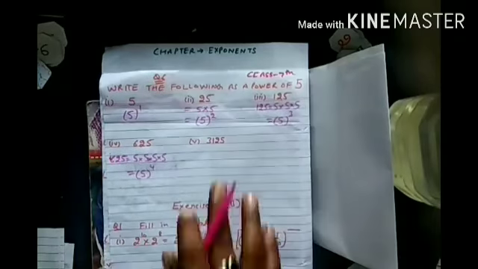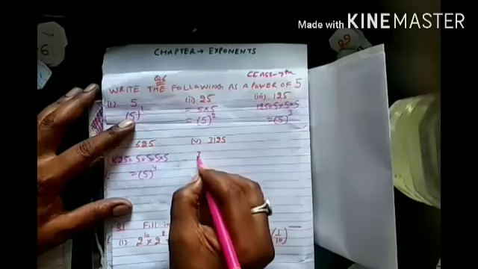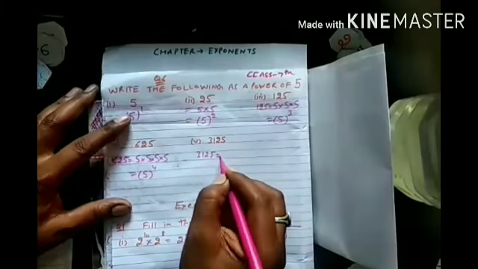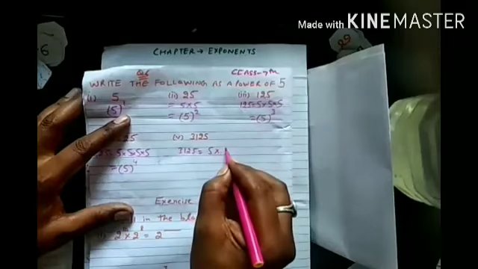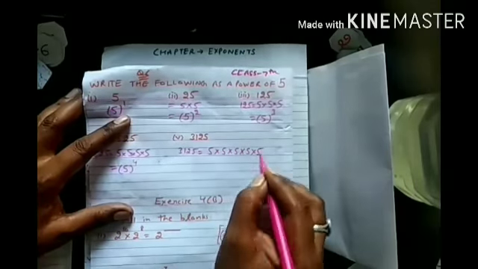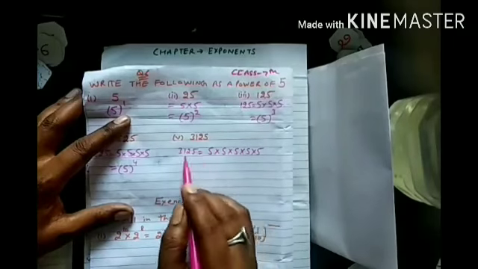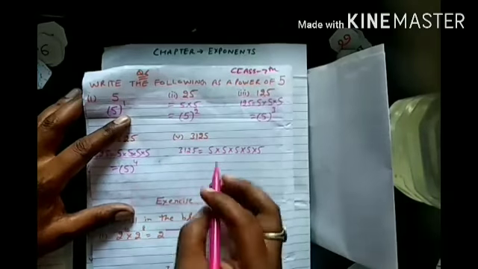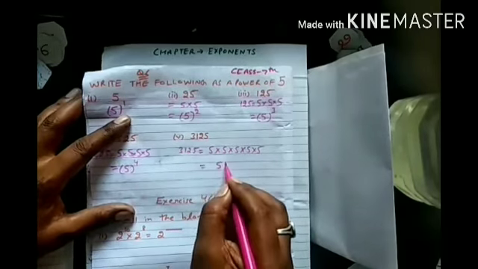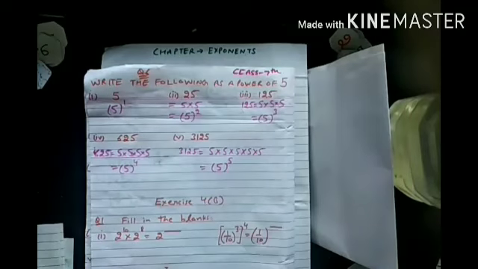Similarly, if you divide this number, how many times will the 5 be there? So I know it, and you have to divide this by 5, and you will get to know that 5 is coming there as a factor 5 times. Therefore its answer will be 5 to the power 5. Clear?